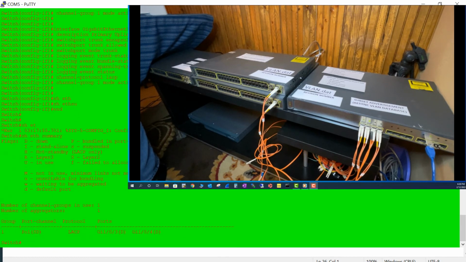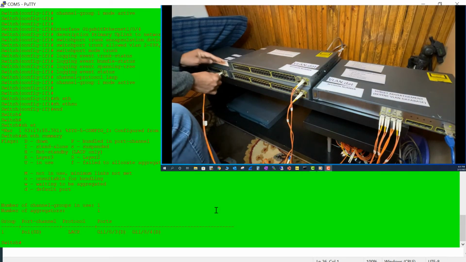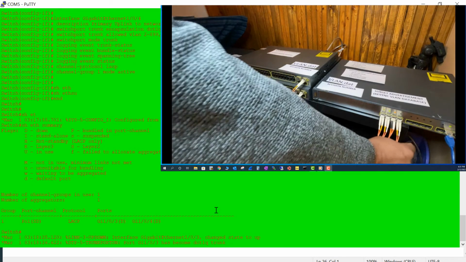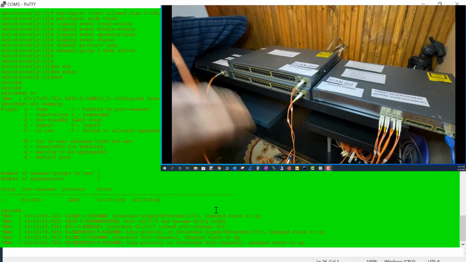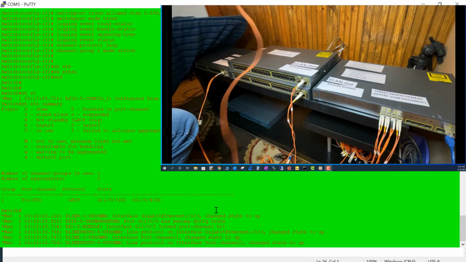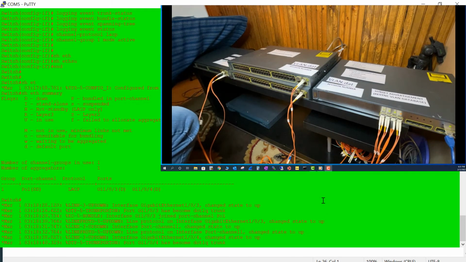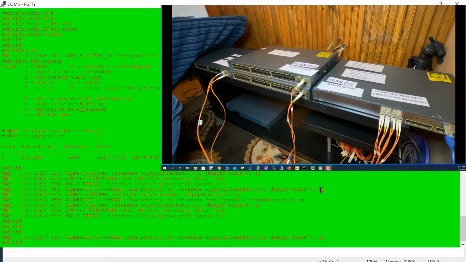And you see here, I have the port channel 1 running between this switch and the other, but I have to cable up this one. So I'm going to go and connect this port 3 here, and then I'm going to connect this one. You see here, I'm getting this one. Okay, show VTP